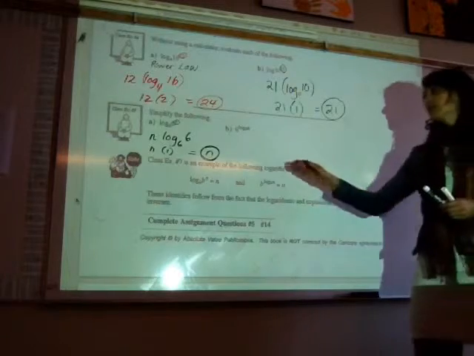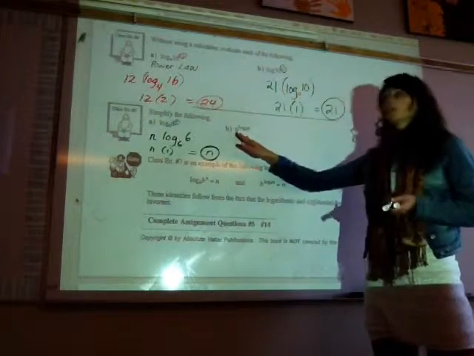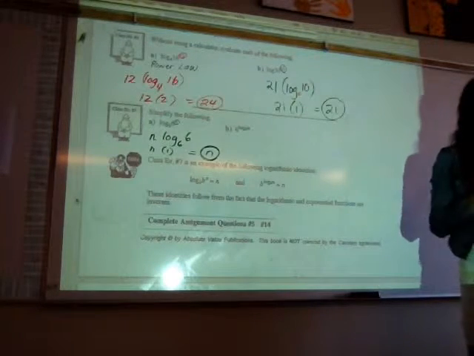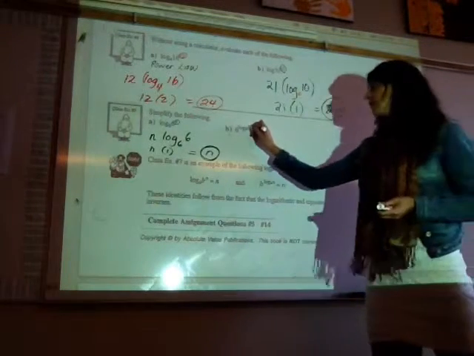Okay, and similarly, if we have an exponent with the base 6 and a logarithm with the base 6, they're inverse operations. So in this case, it's just going to equal the argument